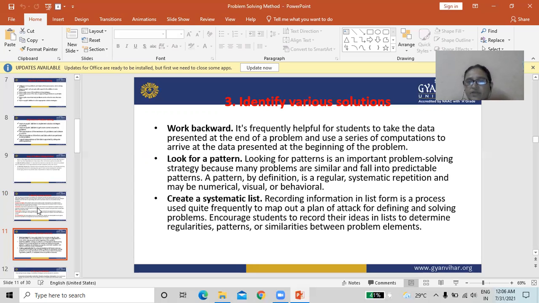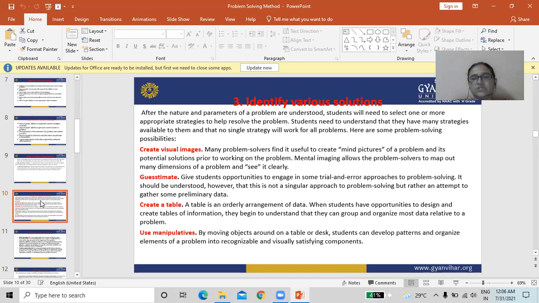So, identify various solutions. In the third step, we discussed some problem solving techniques. First one is create a visual image. Second is guesstimate. Create a table to arrange data. Use manipulatives.